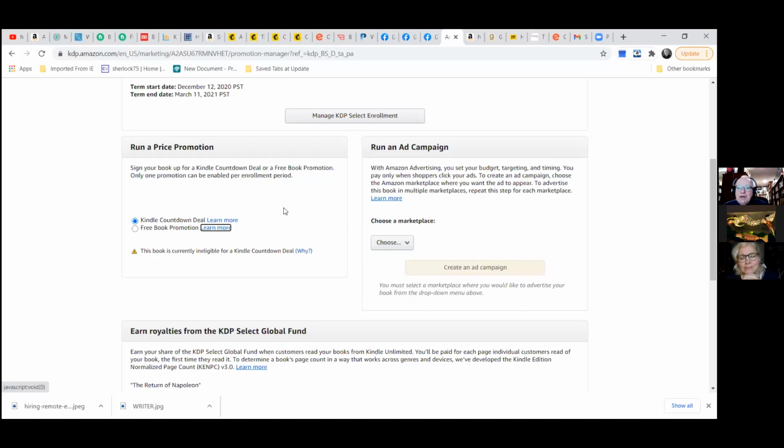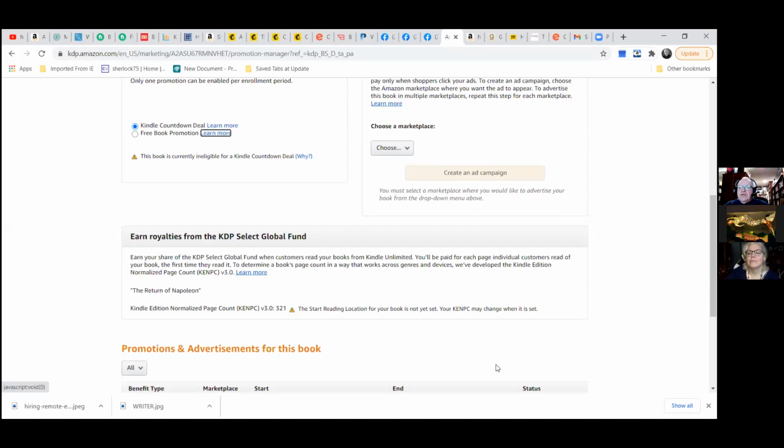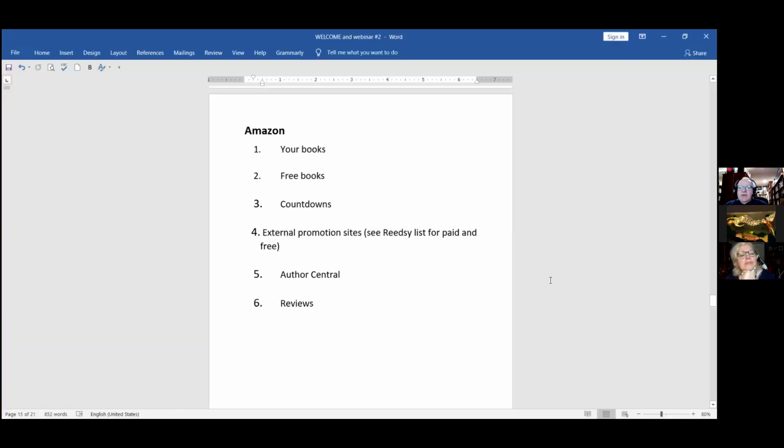So keep doing it. Use the Amazon free book and use the countdown deal. The free book, fine, you're giving them away. My dad worked for his whole career with Sears, Simpson Sears. They had an adage within the business, which is any fool can give away the merchandise. That is true, but if you give away enough books, people are going to see your next book and they're going to buy it. So it's just a way of promoting yourself. So do it, and do it on a fairly regular basis. Particularly the countdown deals, use them as often as you can,